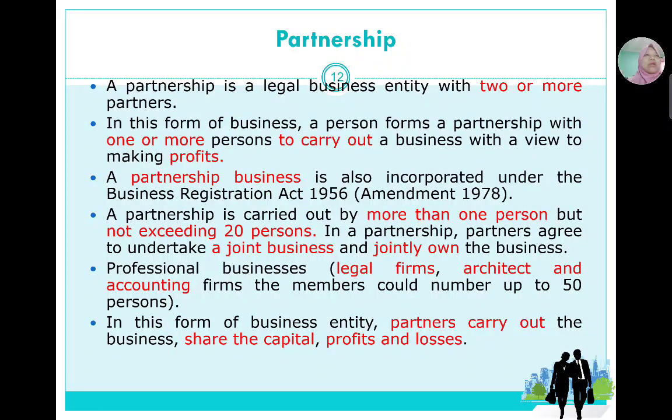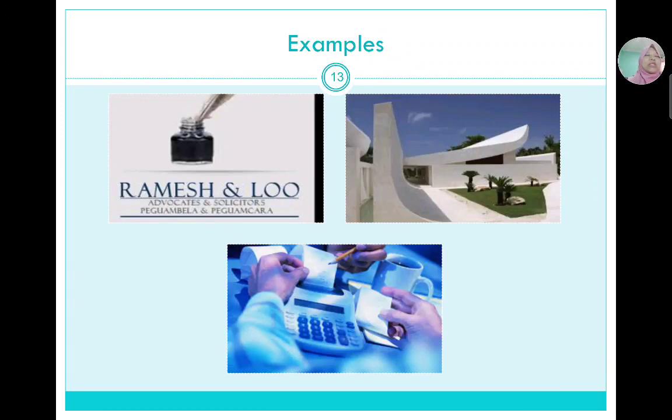Alright, the second type of business formation is a partnership. It is owned by two or more partners. In your business plan, because there are five of you, more than one, even though it's an individual project, of course you will form and register your business under a partnership. More than one person, but not exceeding 20. This is an example of a partnership business, usually a lawyer firm, legal firm, architecture or audit firms.